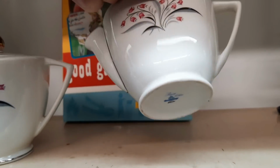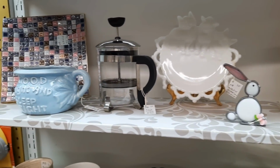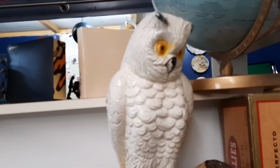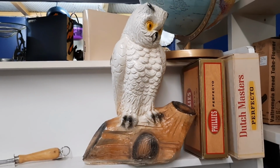I think it was just fine china, nothing too exciting, so I left that there. It's a cute little bunny stained glass figurine. This owl figurine kind of looked forlorn, a little sad, probably because the store is closing, but there were signs